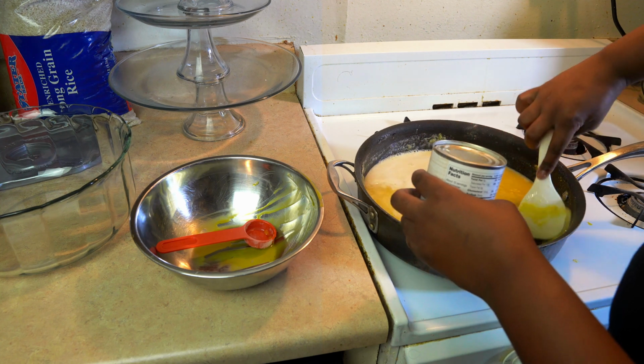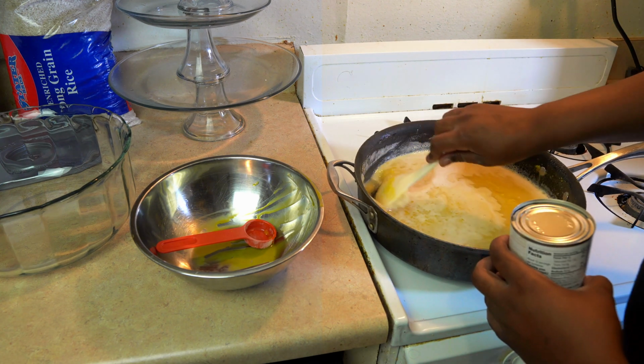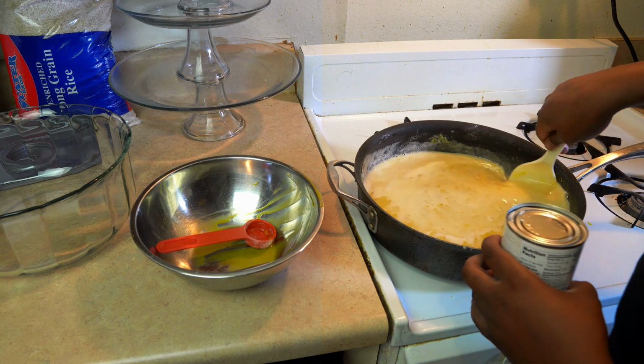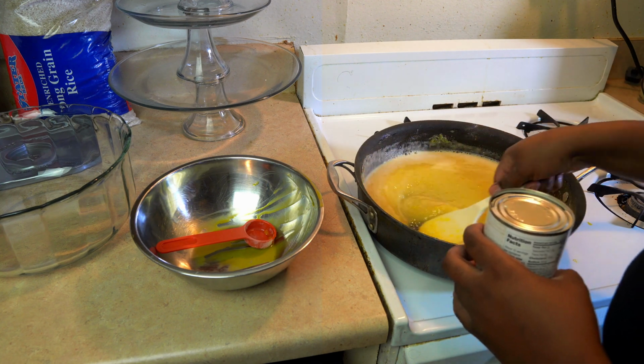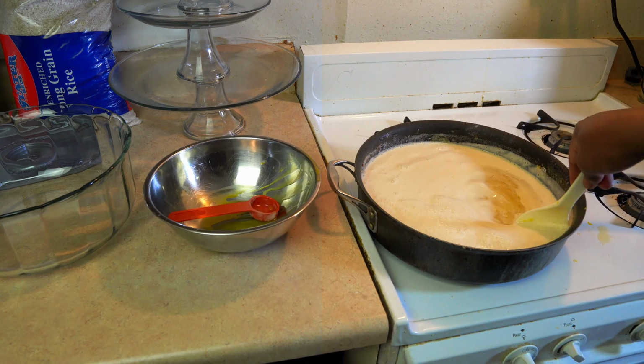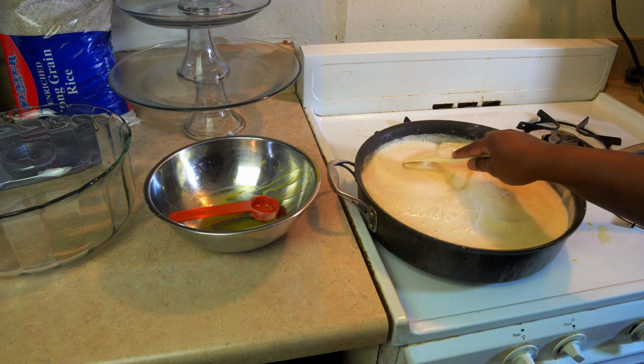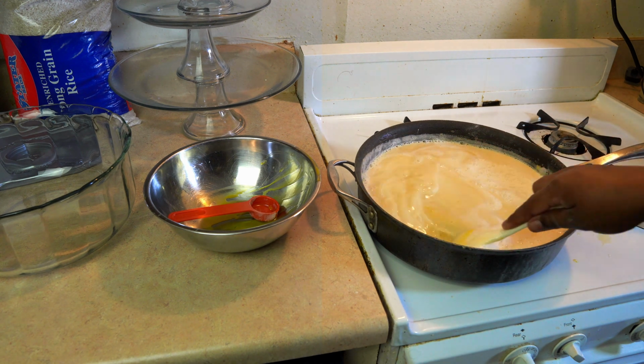I'm gonna add, this is just 1 can. I'm gonna add 3 more. All right, so I'm gonna go ahead and add 3 more cans and I will come right back. Okay, so all 4 cans of milk are in the mixture. So now I am just going to sit here,